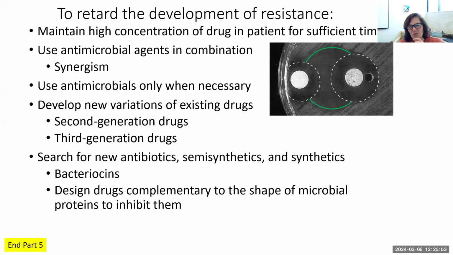And then we can do this in some ways in a more sophisticated, but in other ways less effective and a lot more expensive approach, which is to actually design drugs. And the way we do it is look at the shape of the microbial proteins. Let's see what the machinery is that the microbe needs to do its jobs to survive and reproduce, and then build molecules that are shaped in a way that's going to interfere with that protein doing its job. Yeah, so it's kind of like doing ourselves artificially what nature has been doing for millennia with the bacteriocins.